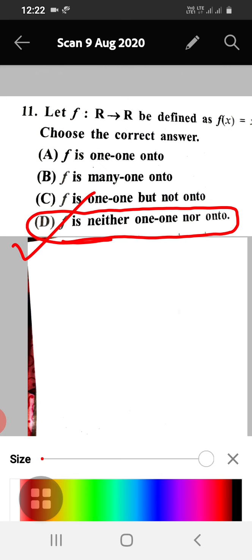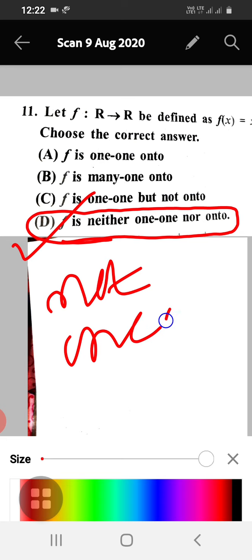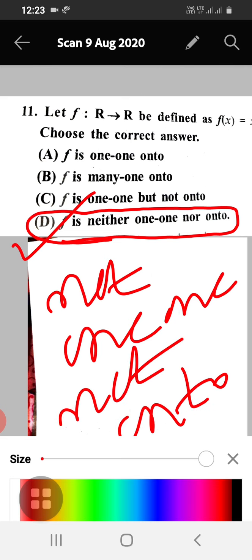So you write this problem separately and write the solution neatly. So it is not 1-1 and also it is not onto. So it is neither 1-1 nor onto.